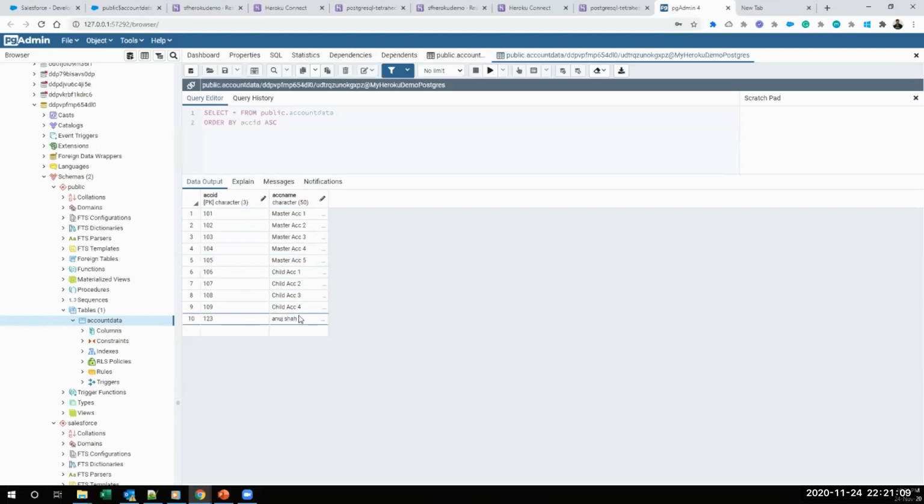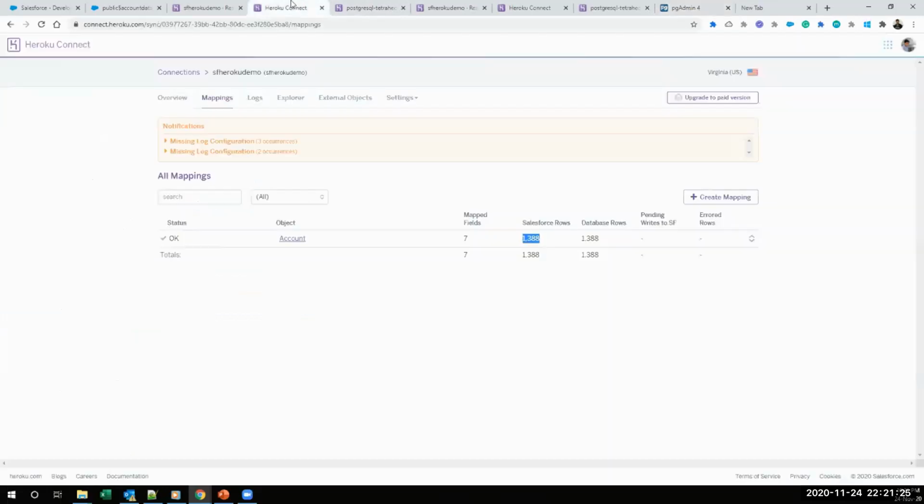Now we have to bring all this data directly into Salesforce. So how can we bring that data into Salesforce? That's our pain point, what we have to achieve, right? So how can we do that? We have already connected Heroku Connect. With the help of Heroku Connect, you can see one tab here, external object,